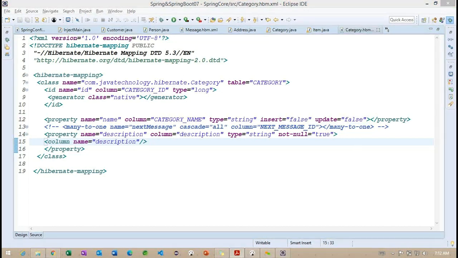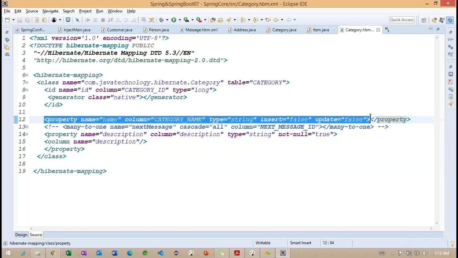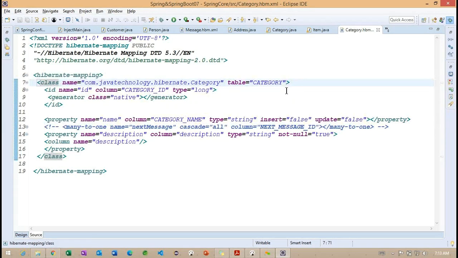Along with this, we can work at the class level. If we work at the property level, it applies to each property. But if we want to work with all the properties in the class, we have an option at the class level. Basically, if the class is immutable, it means once the class is created, we don't want to change the data, either by an insert query or an update query. Getting the point?